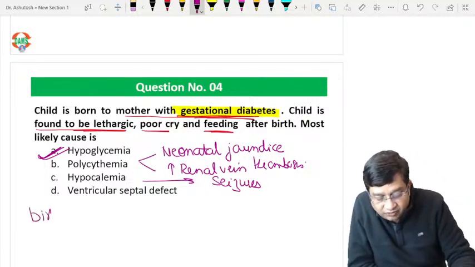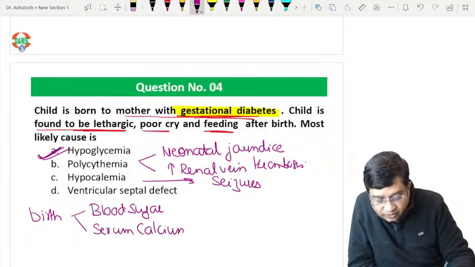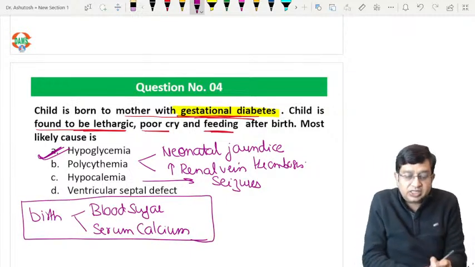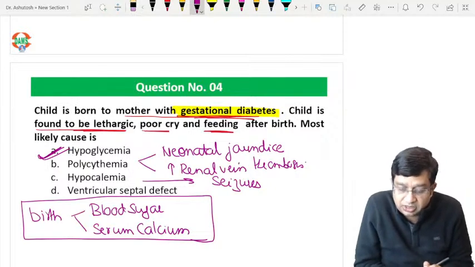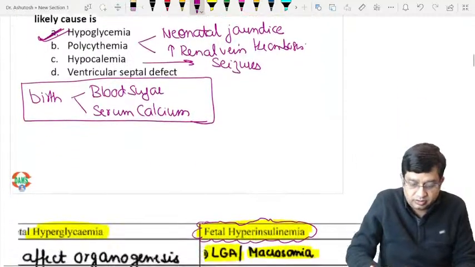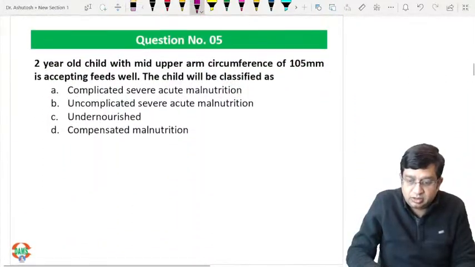In every infant of diabetic mother, two investigations are must. One is blood sugar and second is the serum calcium level. ये दोनों investigations birth पे करना must है. One is the blood sugar and second is the serum calcium levels. राइट। आई होप ये भी सबने सही मार्क किया बिल्कुल।